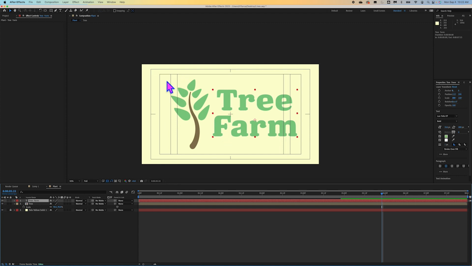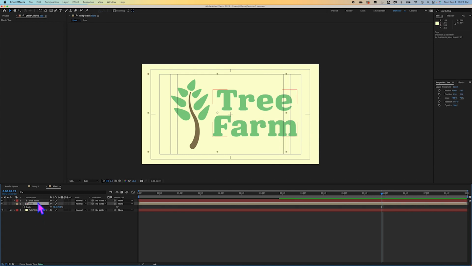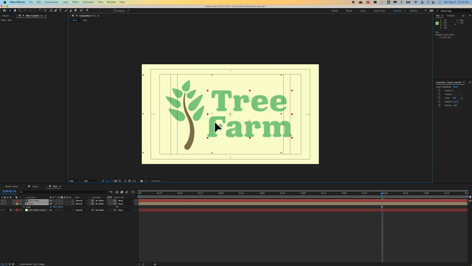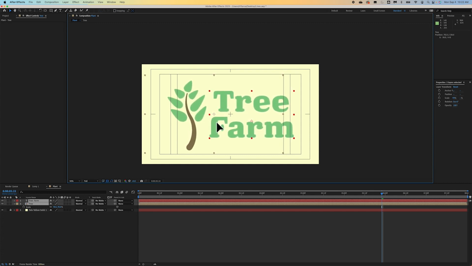And I'm seeing here with my title safe that the M in farm is going over. So both of these need to be scooted over to the left a little bit. So I'm just going to select both of those until they're both reaching into this region in equal amounts. Okay, so I'm going to select tree farm and